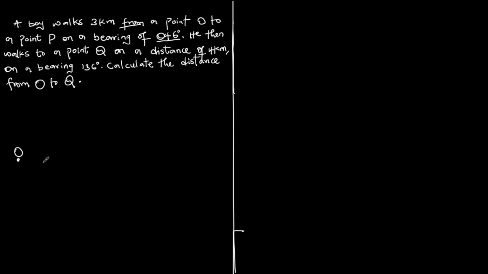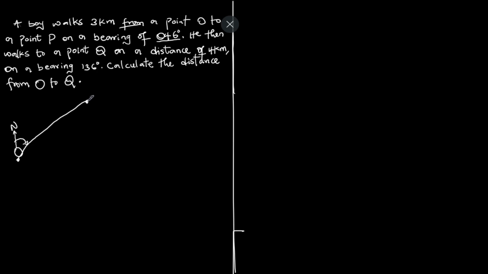So it was moving towards P, but from O. So the bearing of 46 will be measured from point O. Also, every measurement is done from the north and it goes clockwise. So we measure 46 from the north, which is from point O now. 46 will be between 0 and 90, so it will be around somewhere here. So which means it moves like this